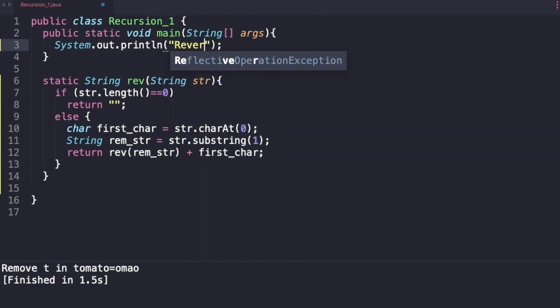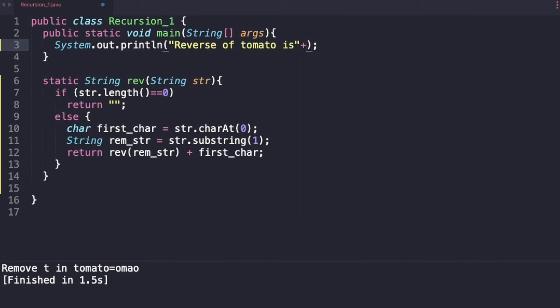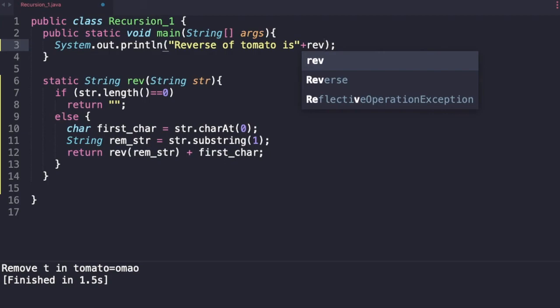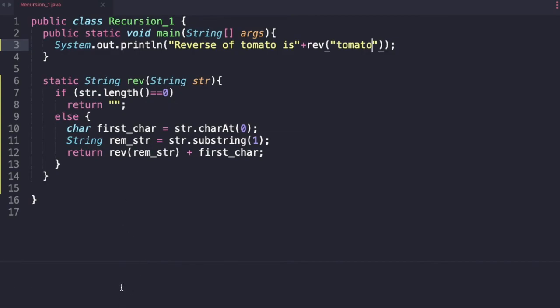So let's check it. Reverse of tomato is, and let's run the code and see what we get as output. So reverse of tomato is, so we get the reverse.